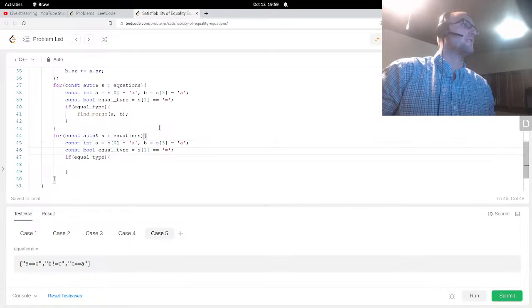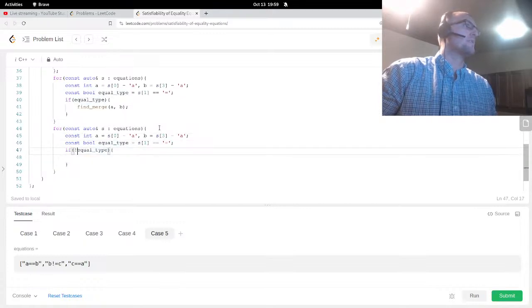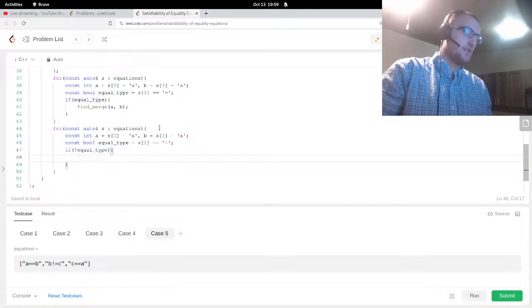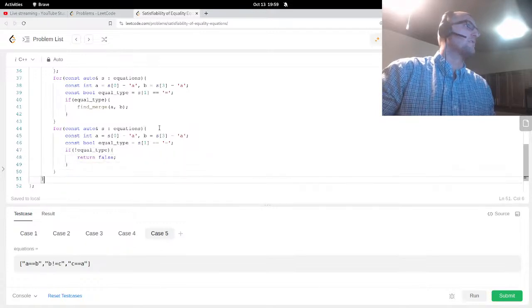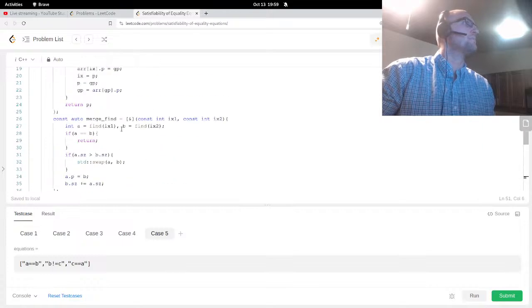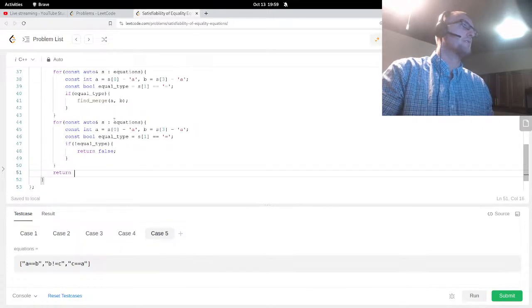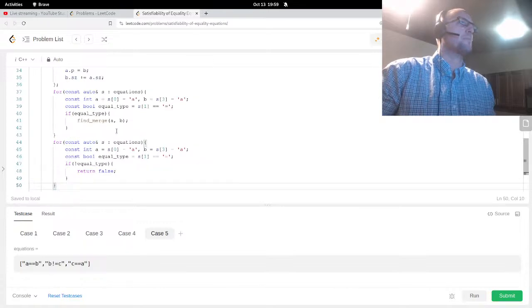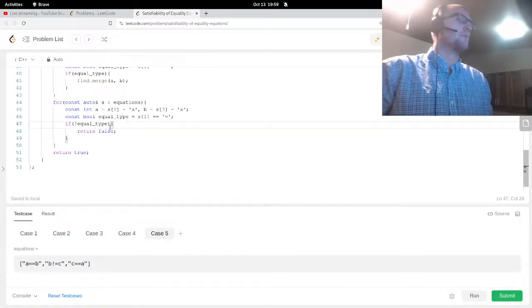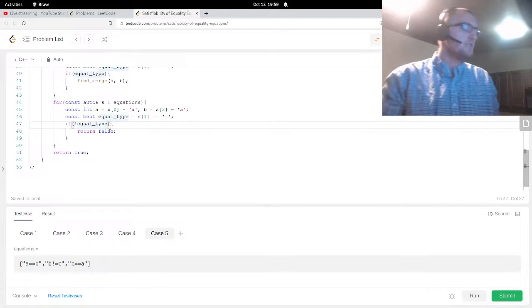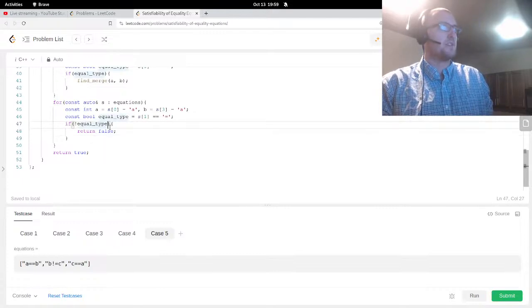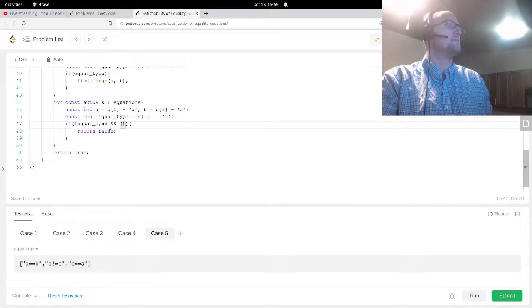And then if not equal type, then we're going to check for contradiction this way. I don't know, there might be a better way to do this, but my thinking is it's probably easier with a disjoint set data structure. It's very simple if you do it this way. If it's not equal type and find of A is equal to find of B,